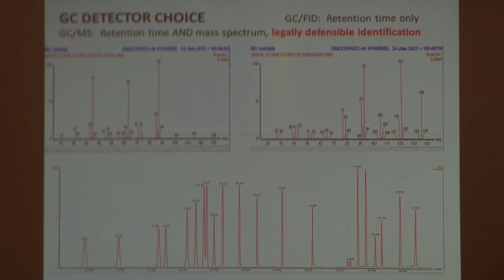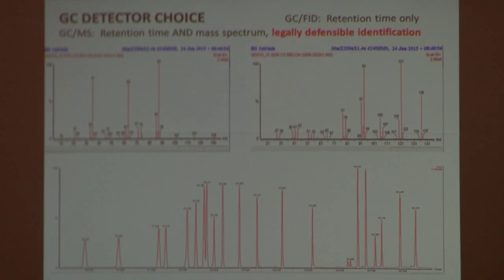And if this was done by flame ionization detector, then the retention time is the only variable that we have in order to identify a particular component. Now, there's a couple of peaks in there where the resolution is okay, but it's not perfect. So the retention time has to be very exact